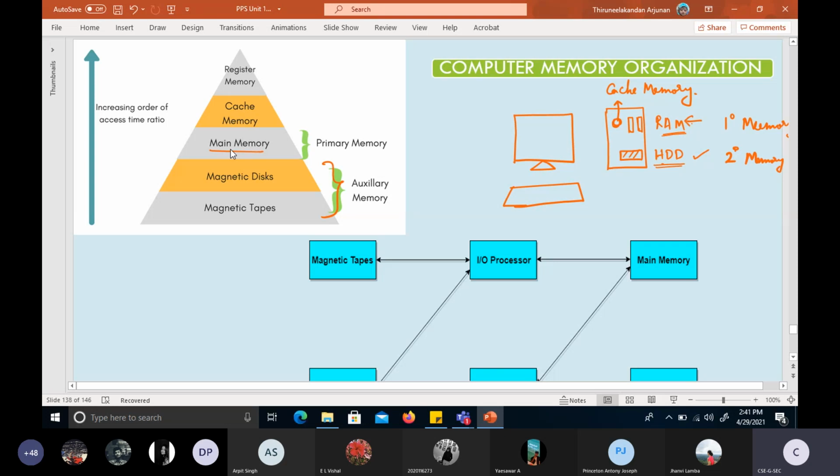In addition to that, inside the processor, I told you about cache memory. Basically, our computer will take the content from the RAM, process it, and then display it to the user. Instead of fetching from the RAM, which takes some time, certain very important, frequently used programs will be stored in the cache memory.